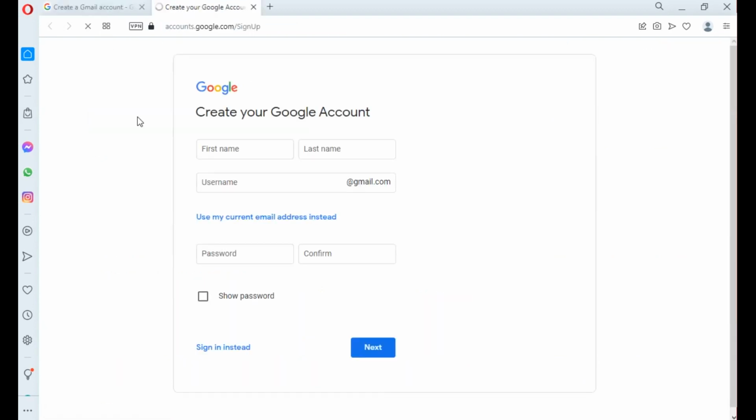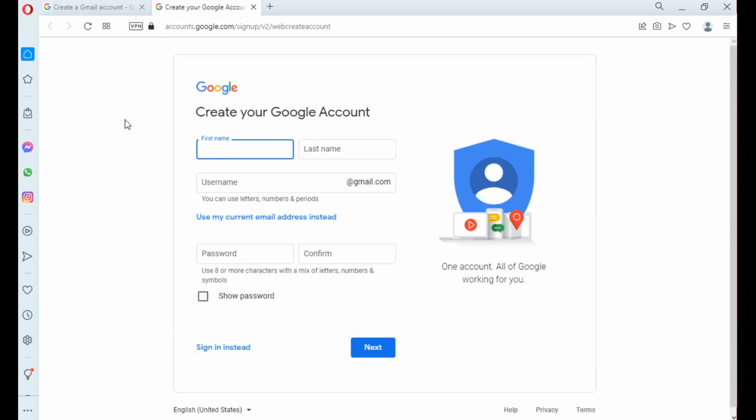Okay, I create my Gmail account. First of all, I open this. Some loading. Okay, first of all, we enter my name, your first name, then last name, then your username, which is different.